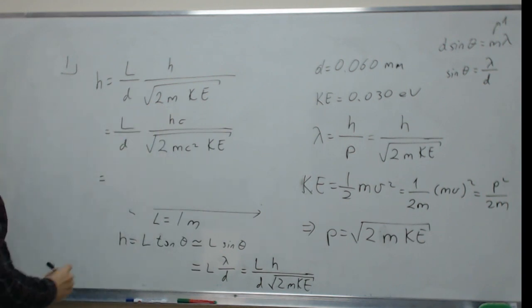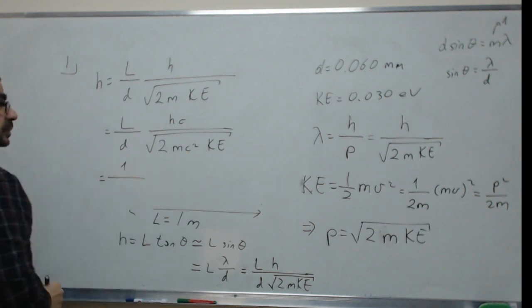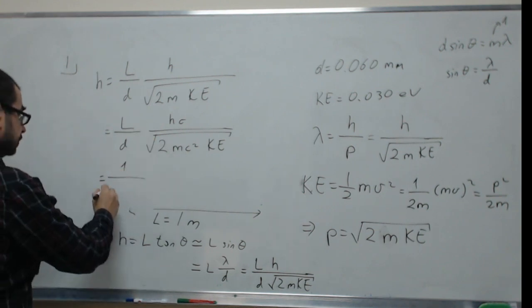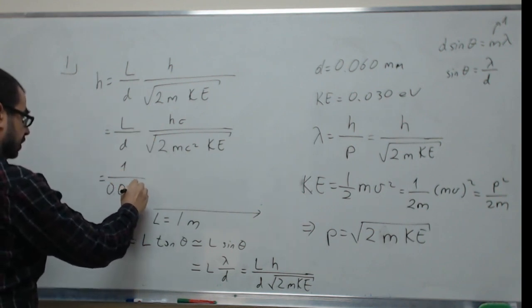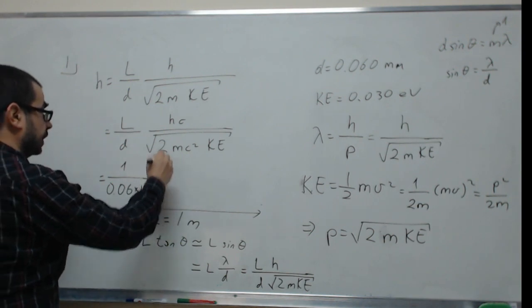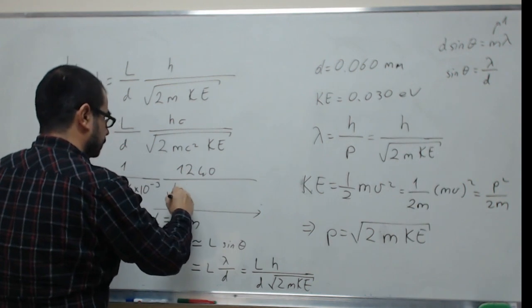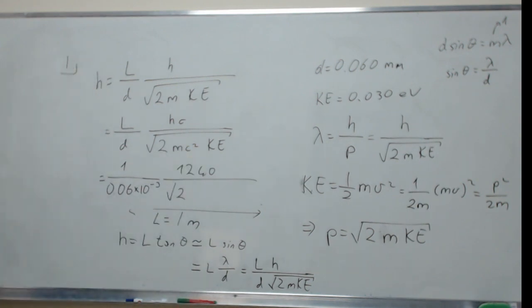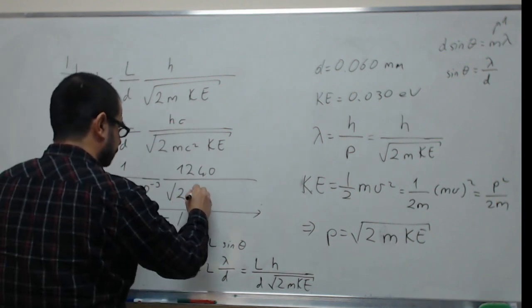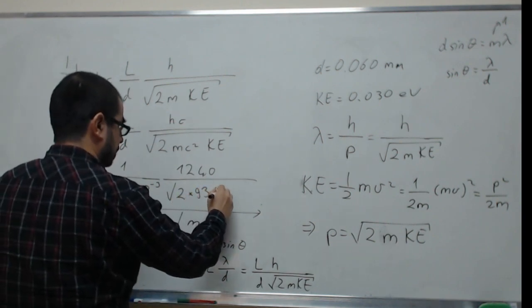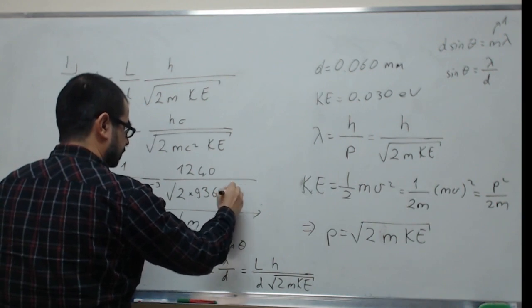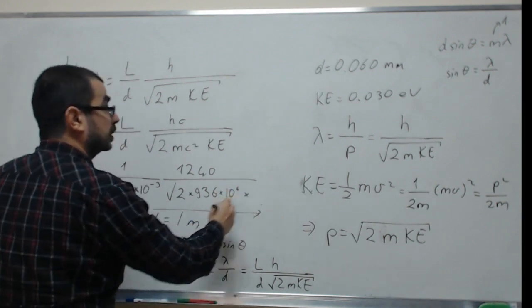So L was 1 meter, so this is 1. The slit separation was 0.060, so this is 0.06 times 10 to the minus 3. So hc is 1240 divided by 2 times the mass of the proton. You can look this up. It's, I think, 936 mega electron volts. So this is 936 times 10 to the 6 electron volts, and the kinetic energy is given as